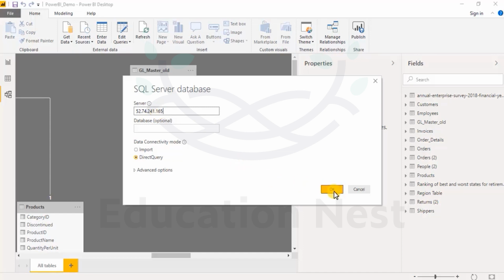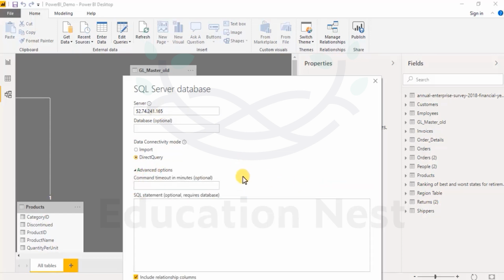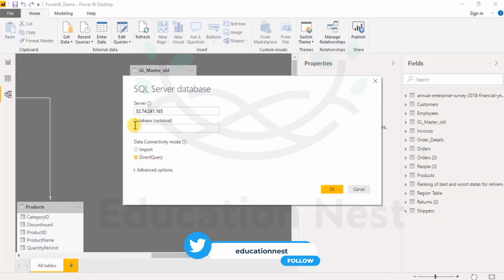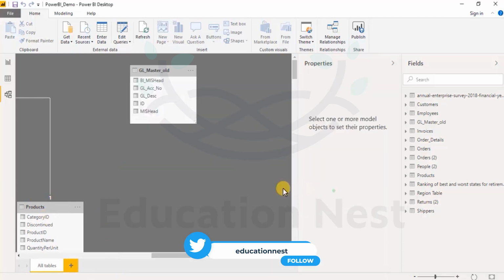Alright. And there are advanced options, as in, do you have any SQL statement, and do you want to include relationship columns? So if there are primary key and foreign key relationships, do you want to maintain them while you import, like we saw in the earlier products table? Right now we don't want anything of the advanced options. We just say direct query to one of the tables. So when we say GL master,